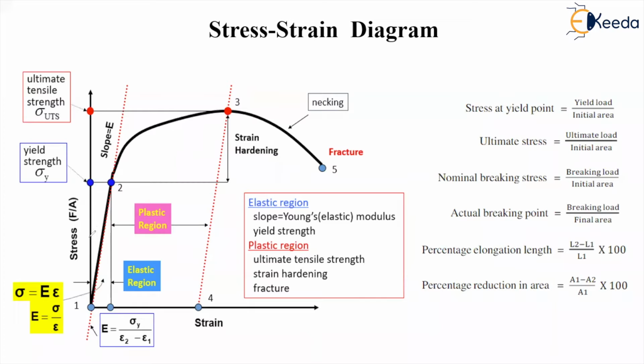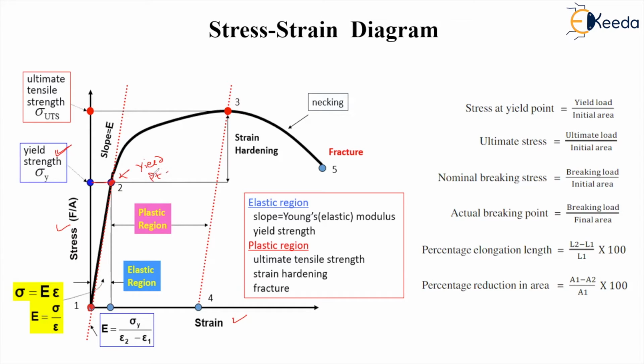So you can see here, on the y-axis stress is taken, on the x-axis strain is taken, up to a certain limit from point 1 to point 2. This is the yield elastic limit, and yielding starts at point 2, because the elastic limit and yield point are very close to each other, and the proportional limit is also very close, so it can be assumed as the yield point. So yield strength is at this point, yielding starts, and the stress up to this point is called yield strength, right? So this is the yield point basically.